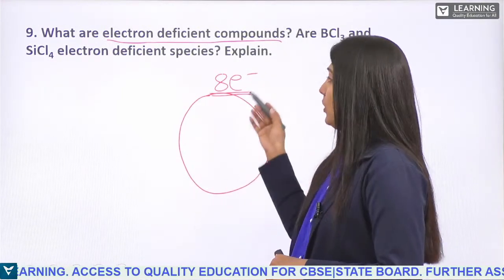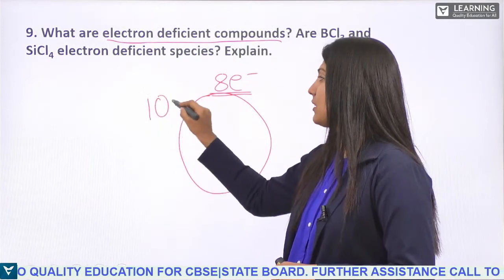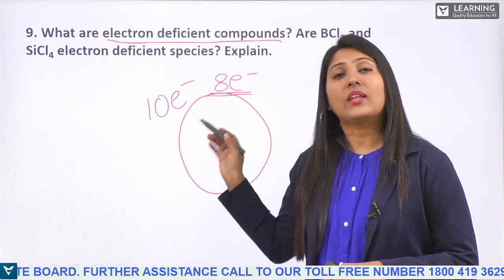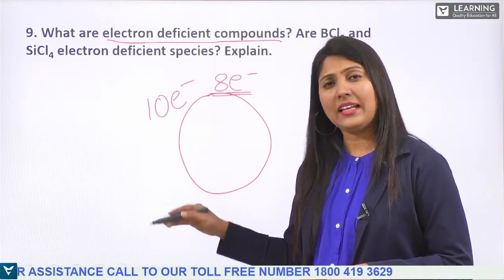If it is more than that, for example, 10 electrons, extra electrons are there in the outermost shell after bonding. So that we call electron